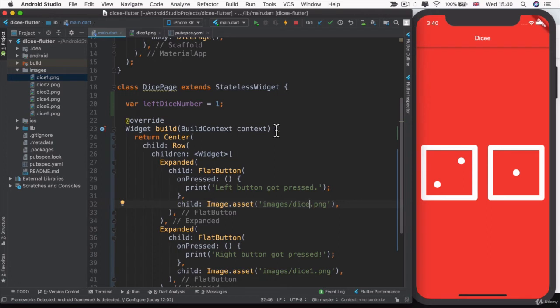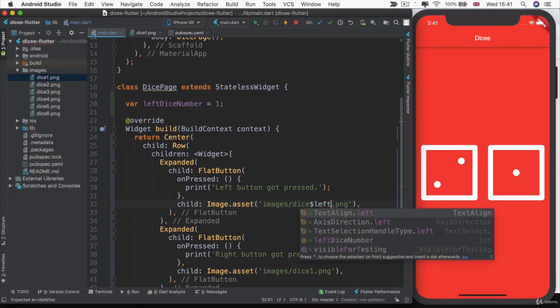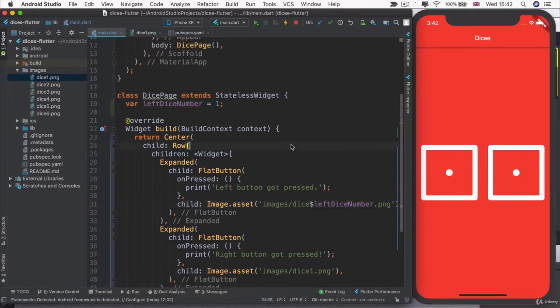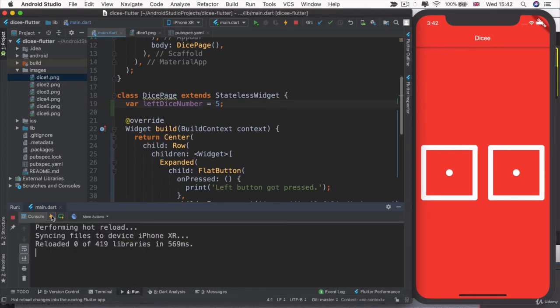To do that in Dart, we're going to use the $ sign. So we get to add one variable after the $ sign, and this is going to be the leftDiceNumber. So now, when I run my app again, you'll notice there's just one problem. If I change this variable now to, say, 5, and I go ahead and click on hot reload or hit save,